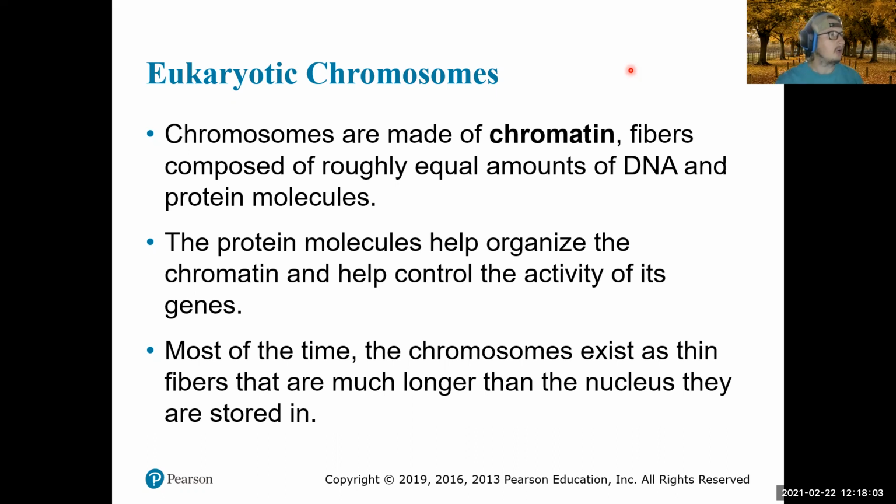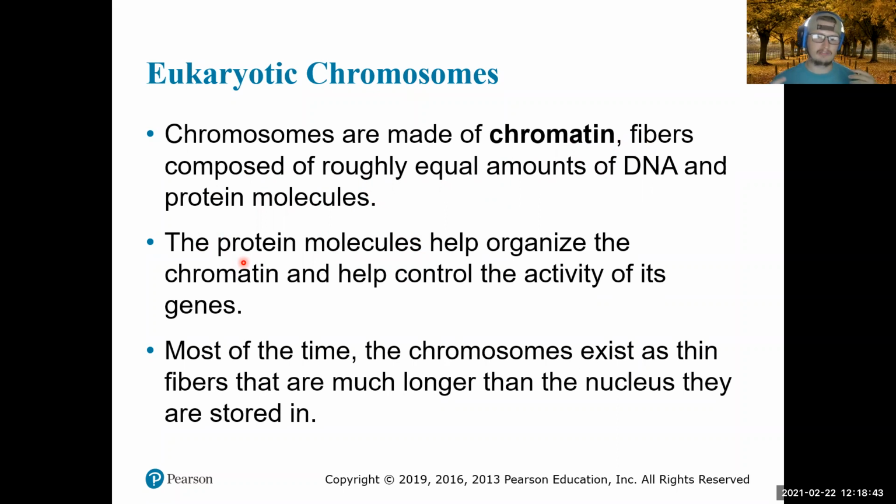itself. So in eukaryotic organisms, the chromosomes are made up of what we call chromatin. This chromatin consists of fibers that have roughly equal amounts of DNA and protein molecules, and we'll show a figure of that in the next couple of slides. These protein molecules are really important because they help organize the chromatin, and they help to control the activity of the genes themselves that are located